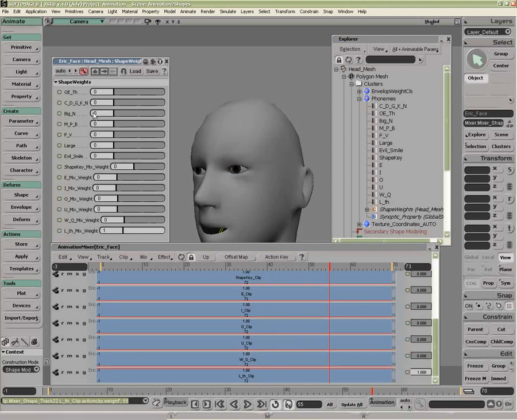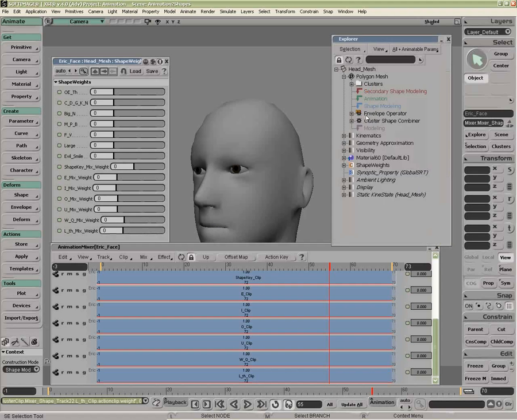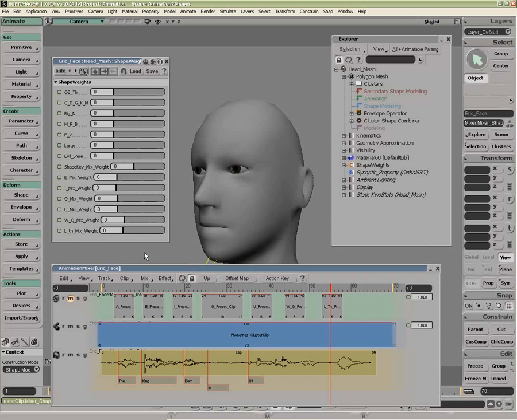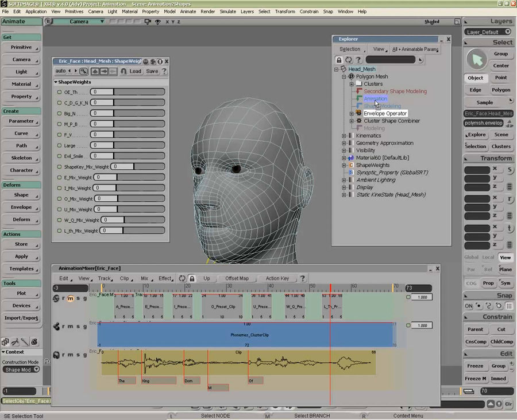So if I remove all the animation from here, we go back to this, you can now see I have all of my shapes, I have my sliders, and I can now move my envelope operator and unmute it. And I've now got all of them